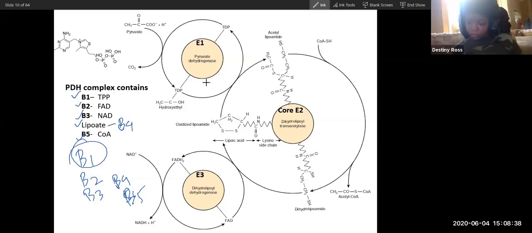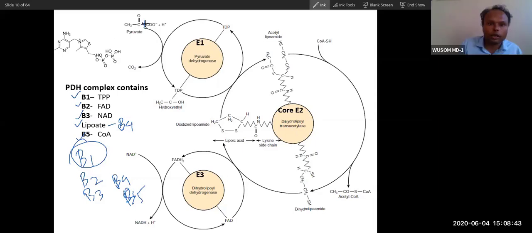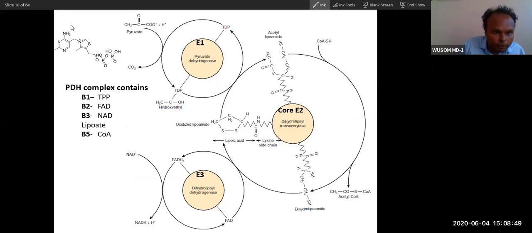To cut? Cutting this bond, removal of carbon dioxide, chopping. Vitamin B1 is like a knife, I told you. And this is TPP. You can see a positive charge here. So this positive charge will attack here, okay? And that will make this electron deficient and cut this bond. So this is the mechanism.